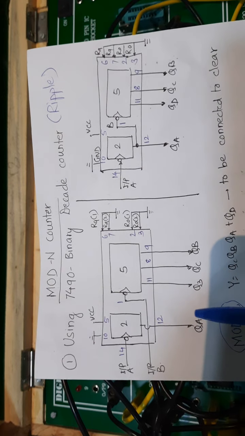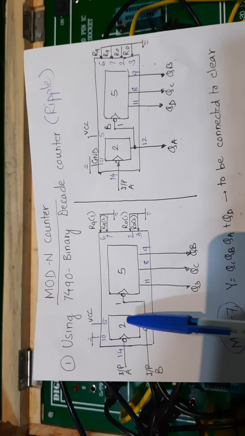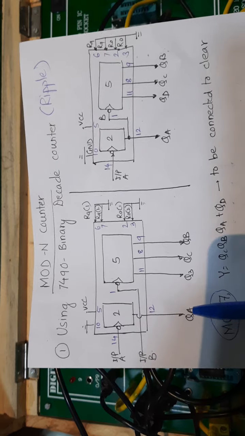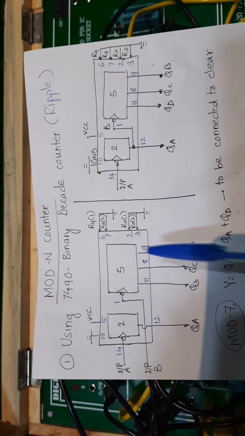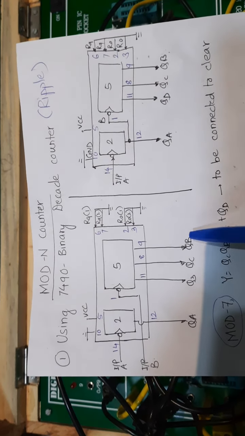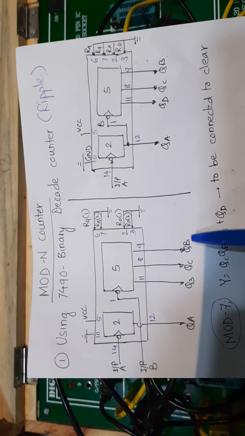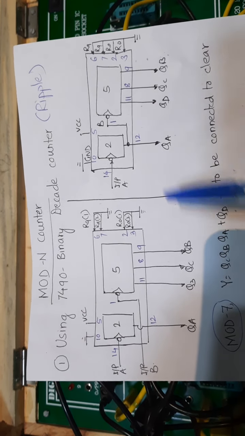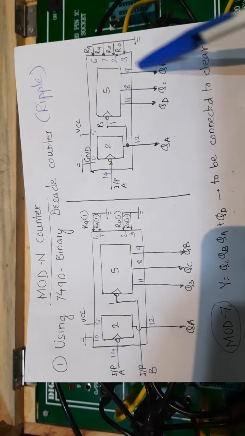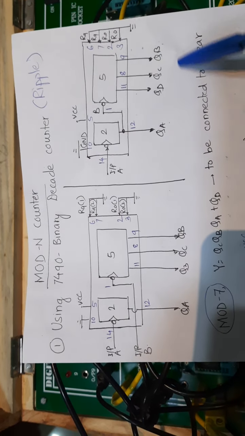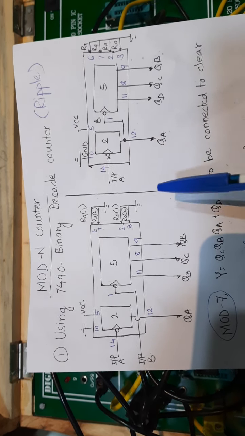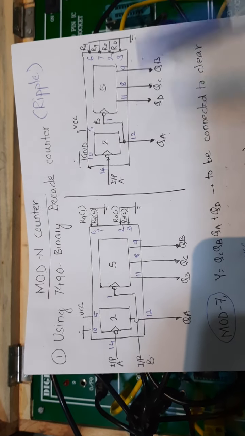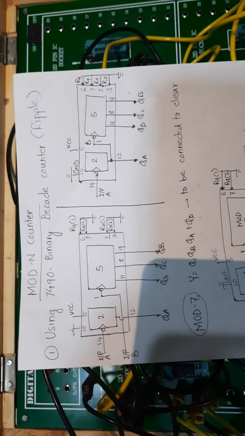For the first mode of operation, I have to only check QA, that should be mod 2, that is it will fluctuate between 0 and 1, only 2 states. Here for mod 5, these 3 bits combined show me 000 to 100, that is a total of 5 states. And in the other mode of operation, it shows me 0 to 9. So I have implemented both of them. I'll show binary afterwards. Let us see how these 2 modes of operation are working.